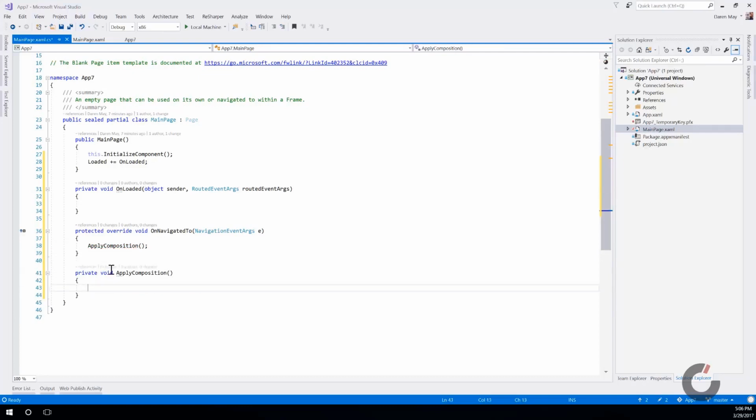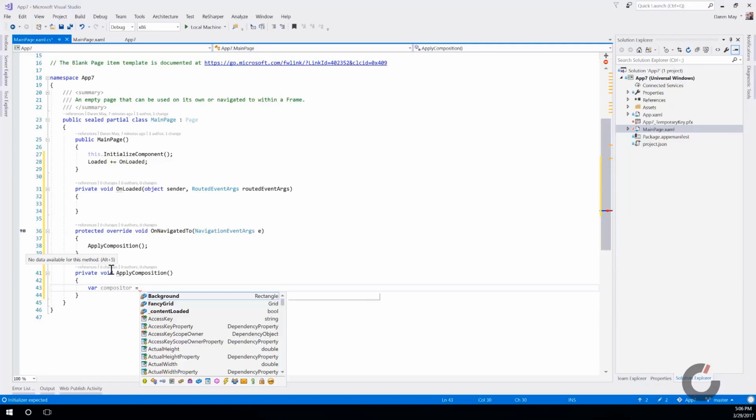Okay, nothing fancy. So first and foremost, you recall previously we talked about the compositor. The compositor is the object factory that allows us to interact with APIs as part of the composition layer. So we need to get hold of that compositor. Previously, we would do that by getting hold of a backing visual for an element and then accessing the compositor on that. But instead, what we're going to do is a new feature in the latest version of the SDK,